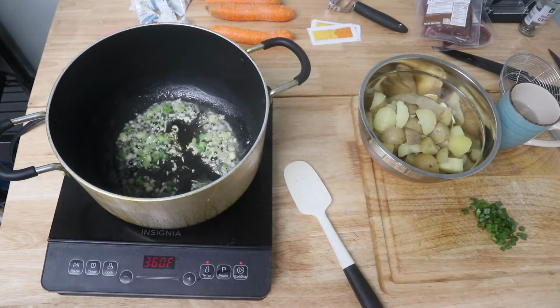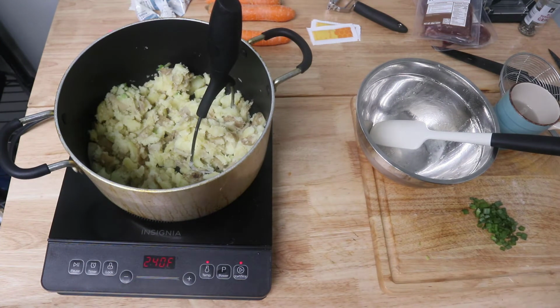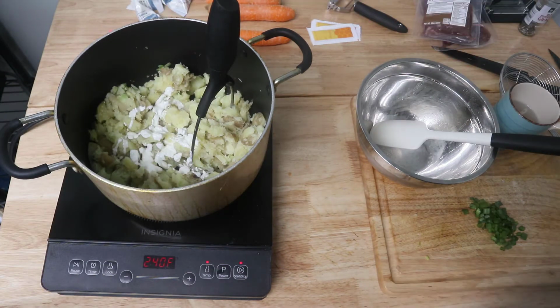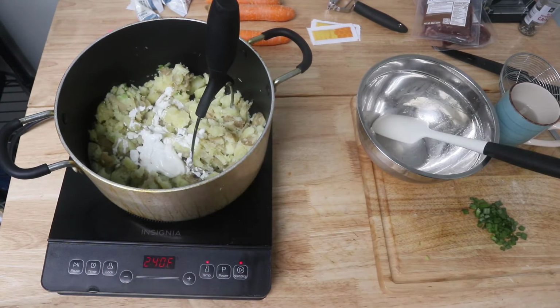Now, when it comes to any tweaks or alterations that I would make in regards to this dish, I recommend that instead of just dicing the potatoes right away, you actually peel them. I know they're really small and peeling them might be a pain in the butt, but this family isn't really into potato skins in the mashed potatoes. That just didn't sit well with me, and